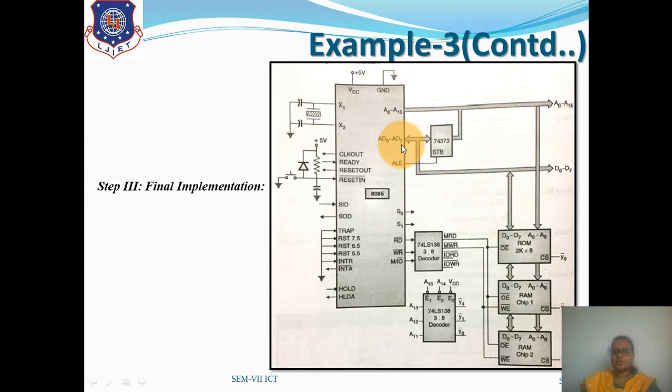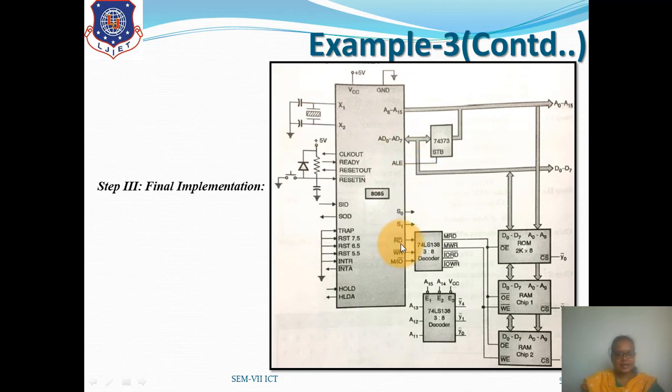Now what we need to do is demultiplex this AD0 to AD7, so it will be passed through this IC, right, which we have seen in demultiplexing. It will give the A0 to A7 address lines here, A8 to A15 will come over here, and in total we will have our address lines A0 to A15, and the rest of the AD0 to AD7 lines we will use as a data bus, that is D0 to D7, and this ALE signal will be used to enable this latch to demultiplex the address bus and data bus. Clear?